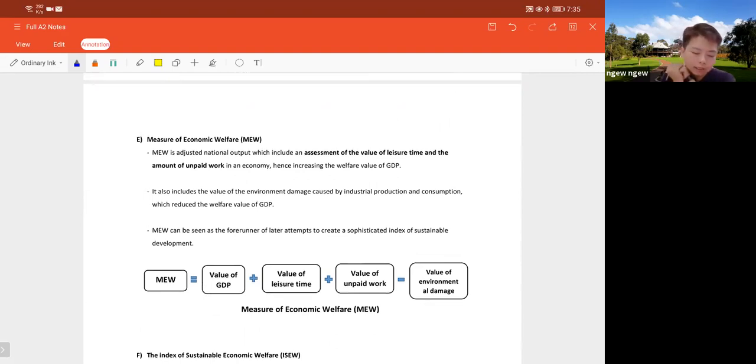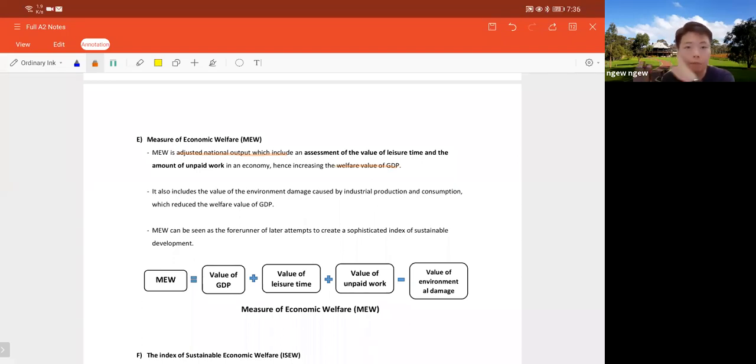I always like to talk about this measure of economic welfare because it is an indicator purposely introduced to adjust to some of the limitations of GDP. So it provides a better adjustment to GDP. So basically, since we talk about a lot of weaknesses of GDP, by using MEW, we can see an improved